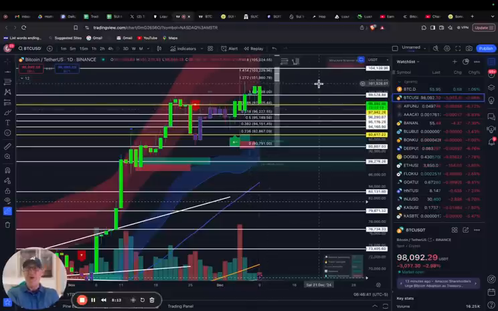So I'm not poo-pooing the daily close, don't get me wrong, or the weekly close. We've had the highest weekly close in Bitcoin history. Certainly it's important, but it's not the only indicator that I look to. It's not my guiding light at all. And you'll rarely hear me say, if Bitcoin closes above this, then we're going to go here, because generally that's not been the case. Oh, if Bitcoin closes above here, look, it did. And oh, where did it go?